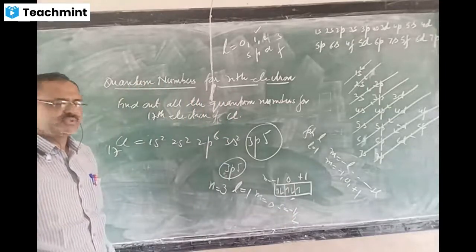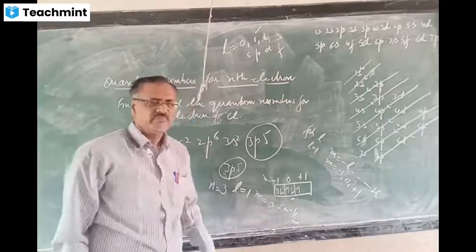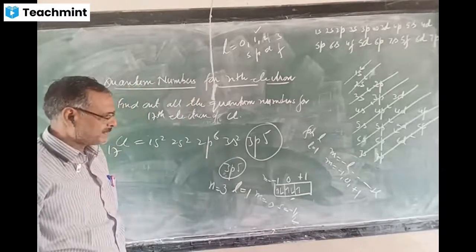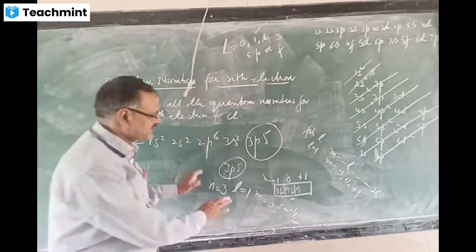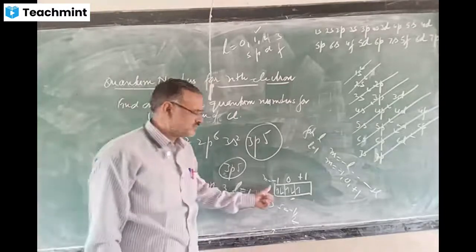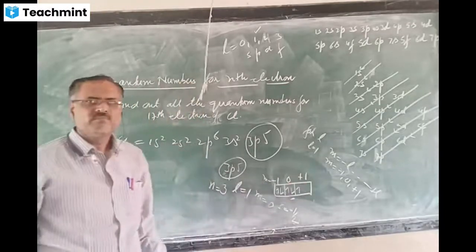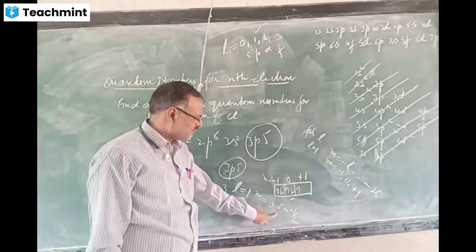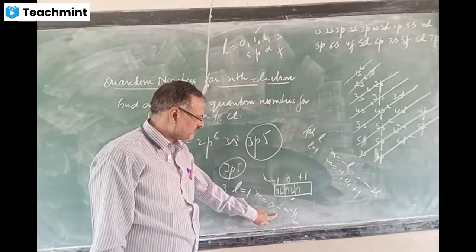Okay, sir. Starting I told you, sir, but this way you follow. The values of m we can take any, minus 1, plus 1 and 0. Please follow me this way, otherwise you will be confused. That's why I told you, in JEE questions it is given minus 1, plus 1, 0, anything, and minus half, plus half also in the spin quantum number.